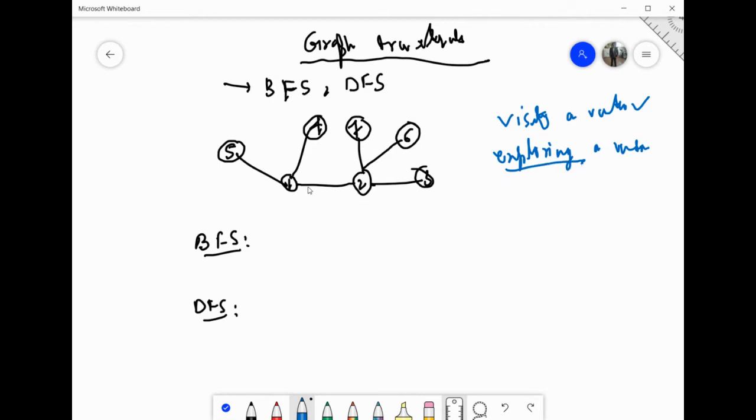For example, suppose I am exploring the vertex 2. I am going to visit all the adjacent nodes of 2. What are the adjacent nodes of 2? 1, 7, 6, 3, right? Because this is an undirected graph, we are not concerned with arrows. All the paths coming out lead to adjacent nodes. So 1 is adjacent, 7 is adjacent, 6 is adjacent, 3 is adjacent. Any doubts?